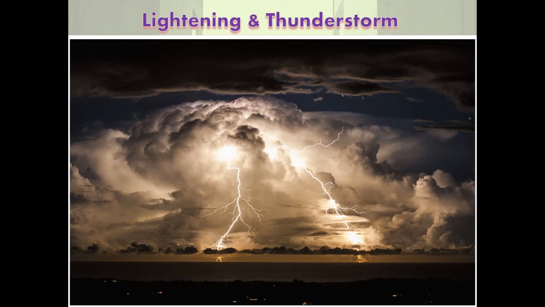But why does lightning cause thunder at the same time it strikes? Lightning causes thunder because a strike of lightning is incredibly hot. A typical bolt of lightning can immediately heat the air to between 15,000 and 16,000 degrees Fahrenheit. That's hotter than the surface of the sun. A lightning strike can heat the air in a fraction of a second. When air is heated that quickly, it expands violently and then contracts like an explosion that happens in the blink of an eye. It's that explosion of air that creates the sound waves which we hear, and it's called thunder.